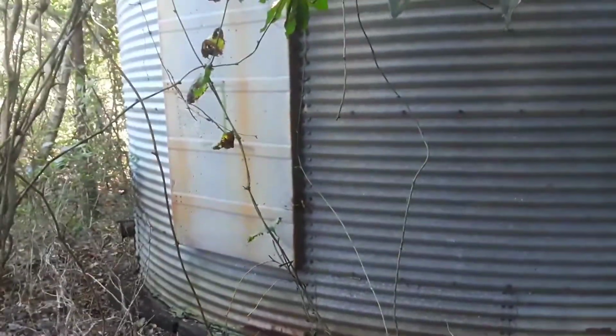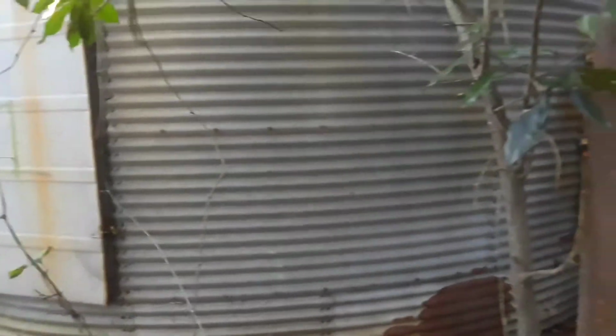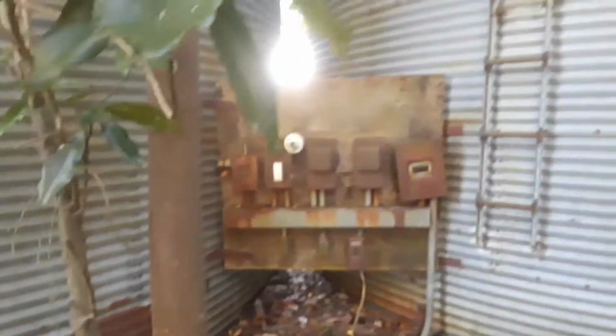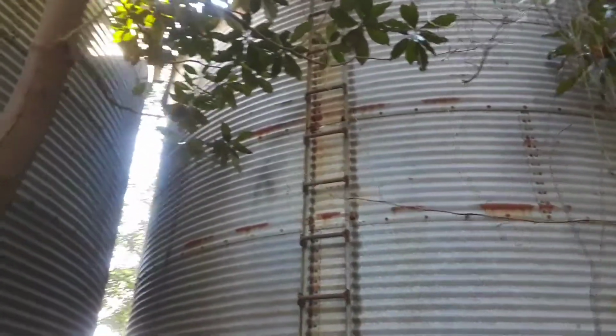Just out here behind my house at some old grain bins that my daddy built. You see number 2 on that one, that's grain bin number 2. And that would be grain bin number 1, just to differentiate. Most times it's corn and soybeans in there, and you got those ladders that go up to the top. There's one main hole for putting corn and stuff in, and that would have been done by this piece of